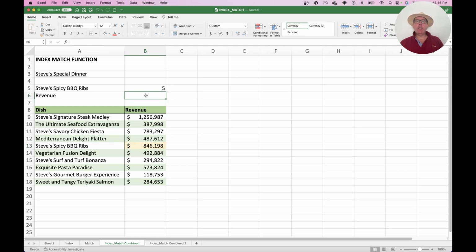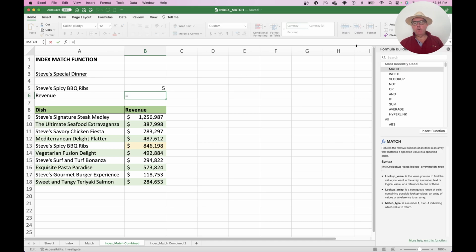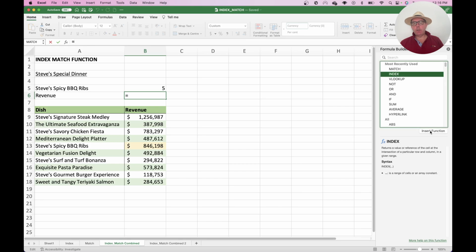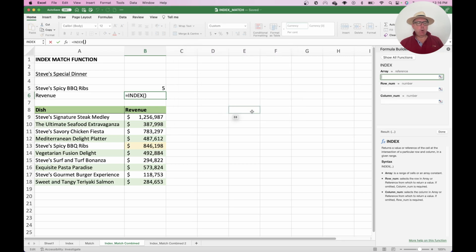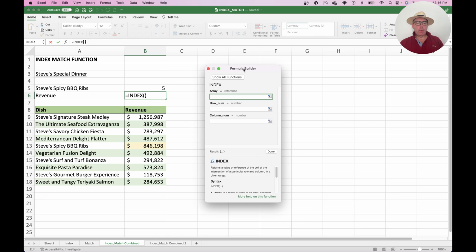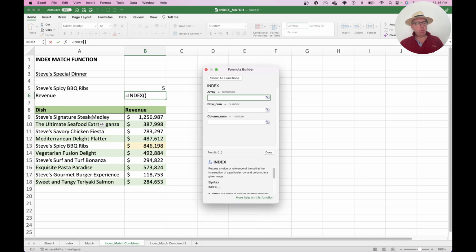And to do that, we use the index function and utilize the match of 5 here. So again, open the formula builder, go to index, insert function. We again want a row and a column here, so press OK. Now, drag the builder over. Now, the range we're looking for, we want all the dishes and all the revenue, so we want that whole